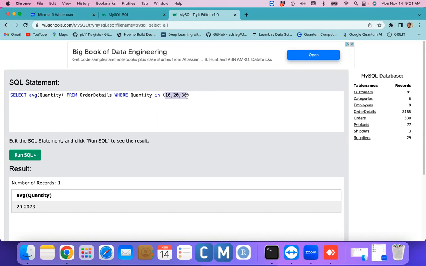So we are able to access the 10 quantities, 20 quantities and 30 quantities, and then we can do the sum, then we can do the average of it: the sum of all quantities of 10, 20, 30 divided by the total number of records of 10, 20, 30. That's the way we can use the IN keyword, and we can use the OR keyword, right? For example, where the quantity equal to 10